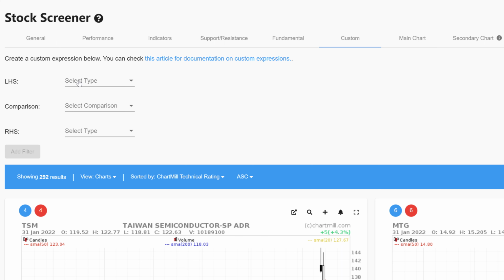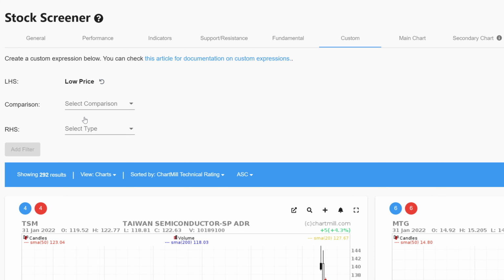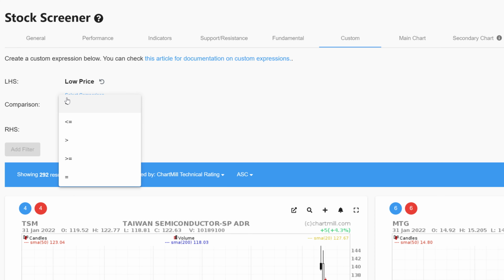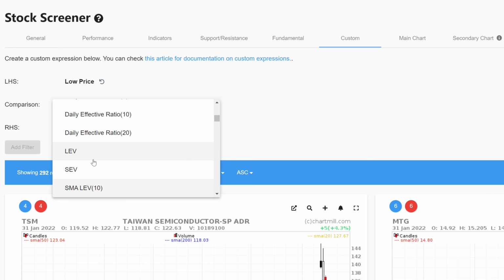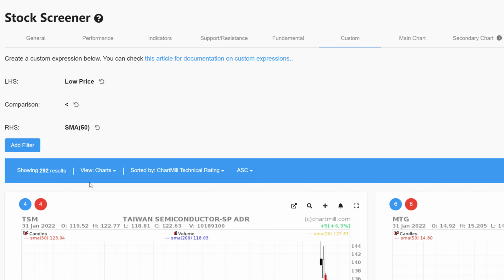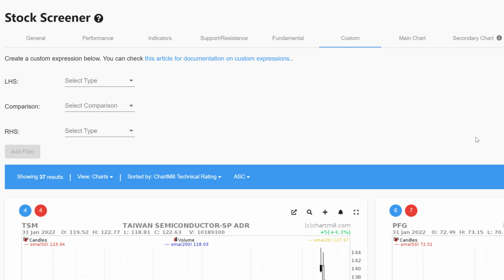So for the first custom filter, for the left hand side use property and then low price, for the comparison itself smaller than, and for the right hand side property again and then SMA 50. This first custom filter defines that the low of the last candle has to be lower than the SMA 50